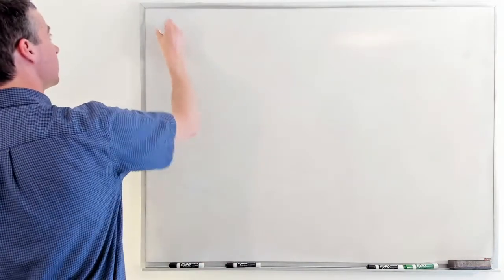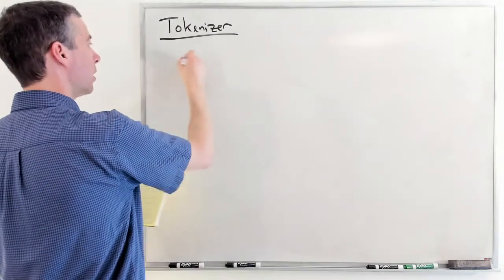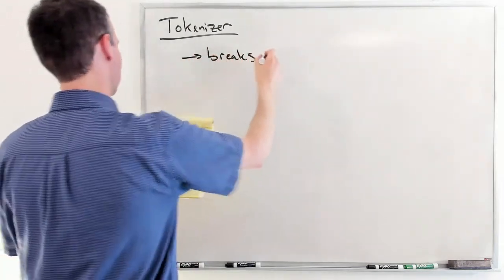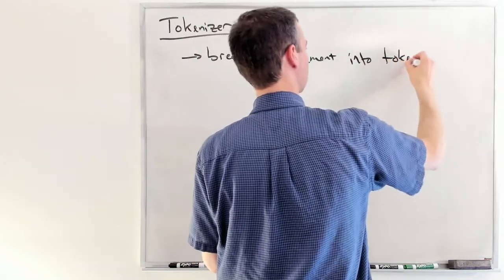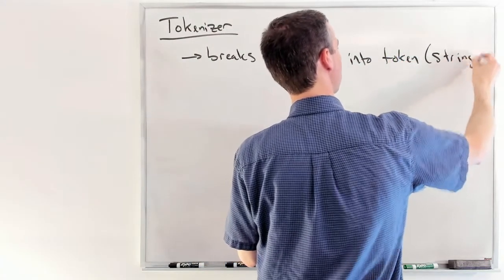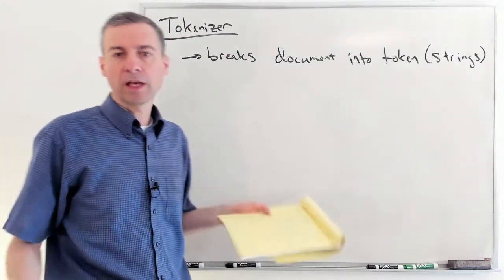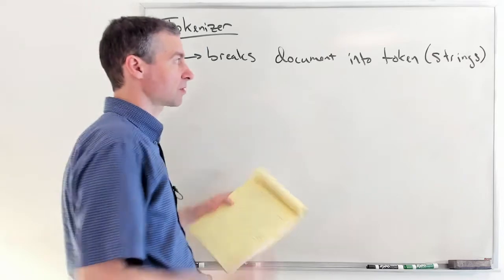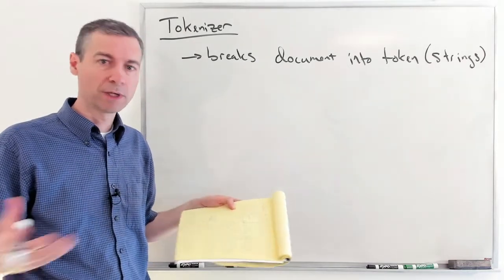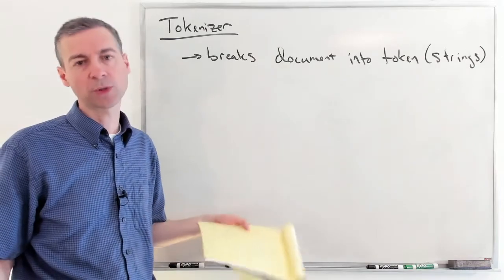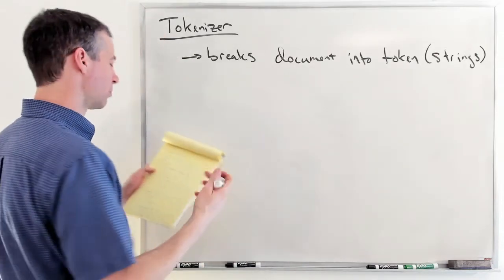Okay, the tokenizer. It's the software, the algorithm that we're going to use, whose goal is to break a document into tokens, which is basically just a bunch of strings, because a document, as we know, is one long string: a whole bunch of characters, letters, numbers, punctuation, spaces, all sorts of stuff. To us, we see words because we've learned how to read. We break it up into words that have meaning to us. To a computer, it's just a string of characters. So we need to give it an algorithm to break it up into